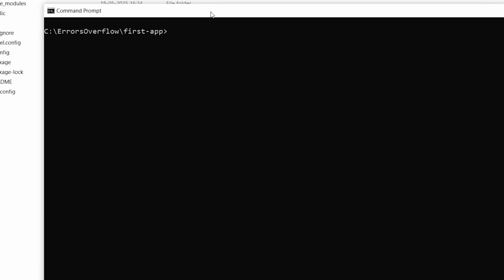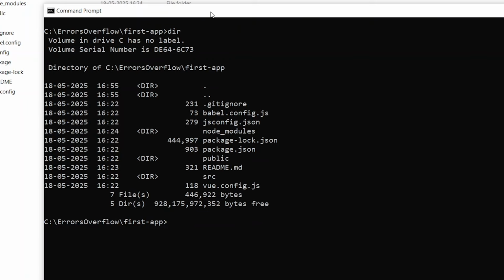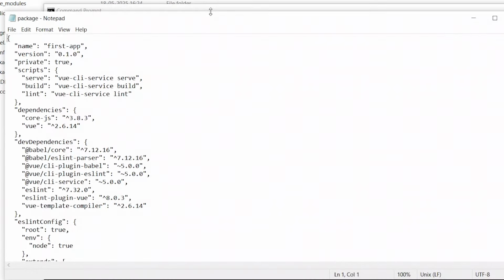Now we will do the build of the application. So here we will do dir, notepad package.json, and here we will see build. Here this is vue-cli-service build.